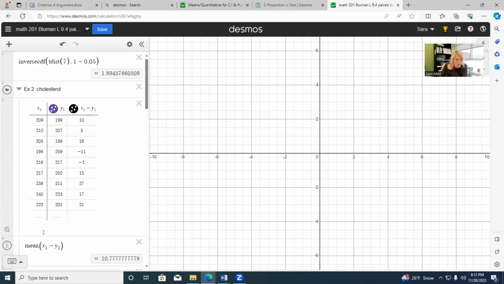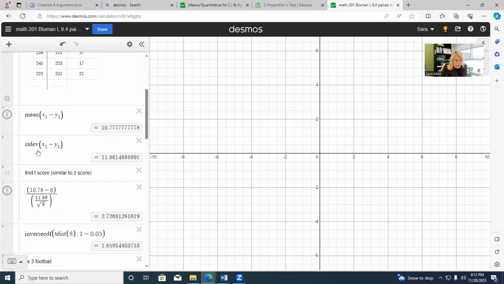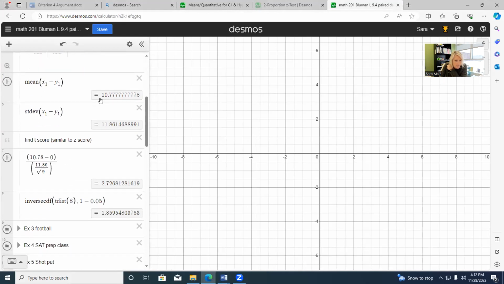So I put my befores in X1, my afters in Y1, and then I just took the differences. And then I can tell Desmos to take the average of those differences of X1 minus Y1 and the standard deviation of those differences of X1 minus Y1. And then I can take my mean and put that in for my test statistic. And again, we can use the computer program, but I wanted to show you how I got my test statistic here on my own. So I will show you my paper momentarily, but my test statistic is